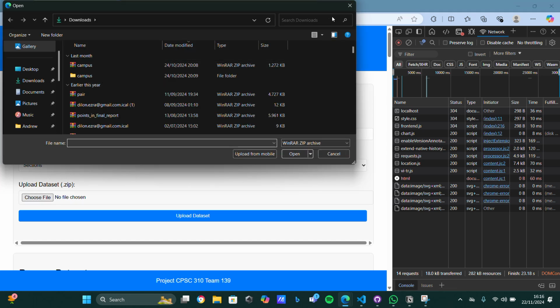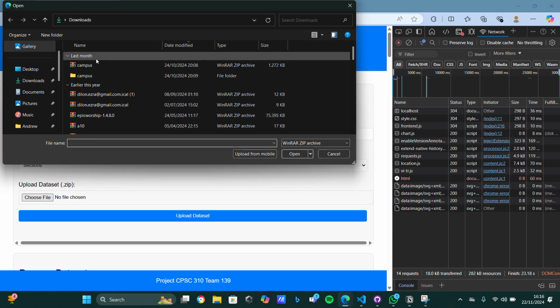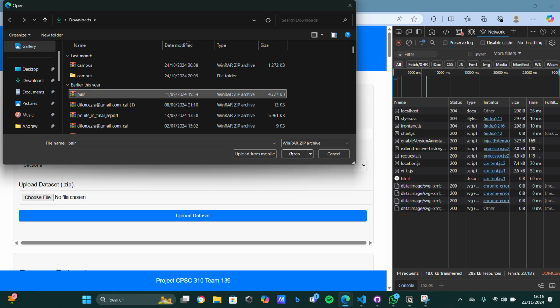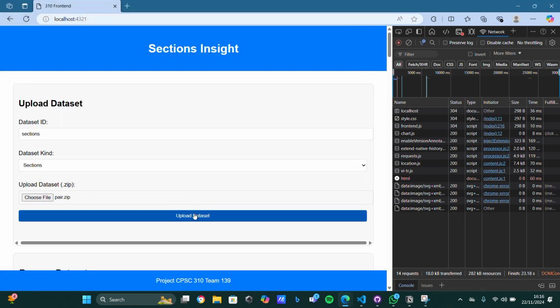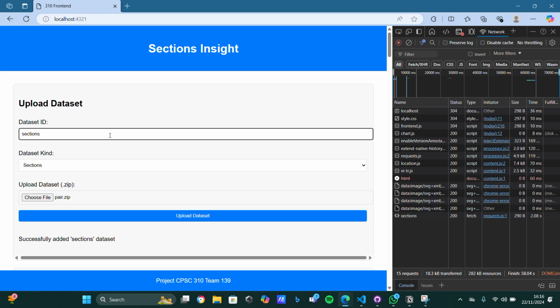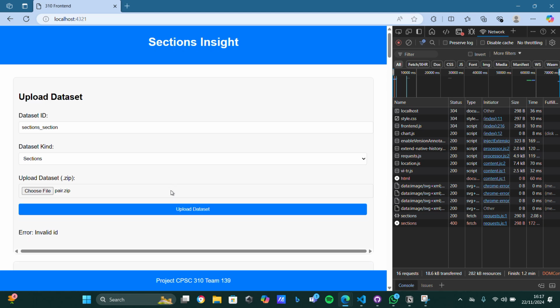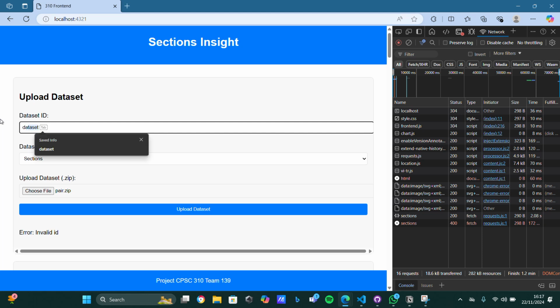And we can upload the file. If we don't put any file, it will also ask for a file, and then we put the file and upload, and it should successfully add without refresh, so it should work. And if we put an invalid ID like section, it should not work because it is an invalid ID, like in the previous checkpoint. Okay, that's our dataset, and let's add one more dataset, so we can show how